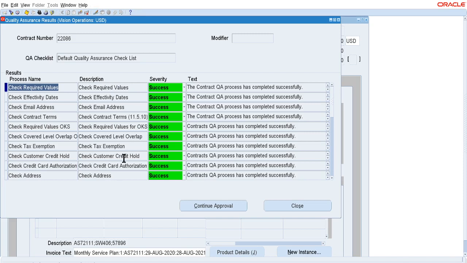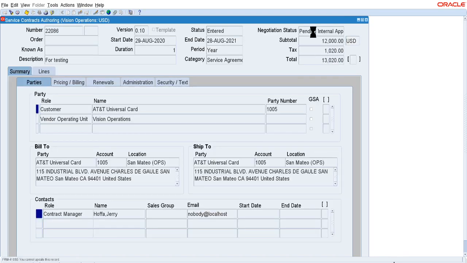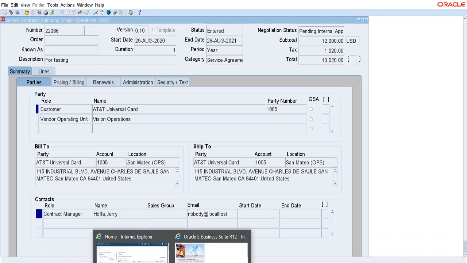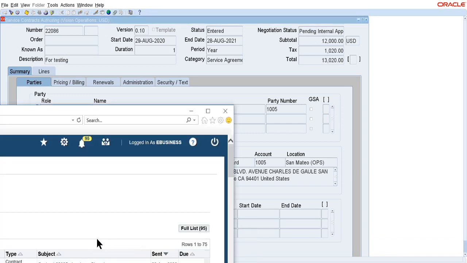Yeah, you can see all lines are green, so it looks okay, and this means that the information which we have filled on the form is correct. Continue approvals. You can see the negotiation status is pending internal approvals, so we can go and approve from here. This is the 86.